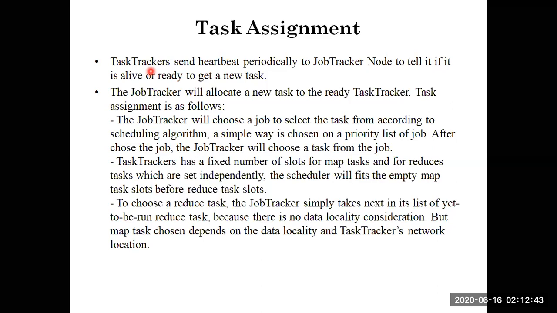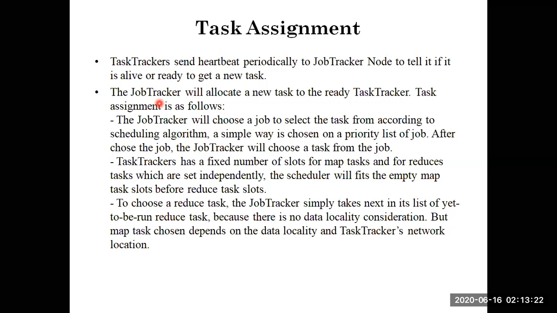Just as our heartbeat tells whether we are alive or not, similarly, to know whether the node or the task is alive, it sends information called a heartbeat. So the heartbeat tells the job tracker that a task tracker is alive or dead or ready to get a new task. That is the meaning of heartbeat. And the job tracker will assign a new task to the ready task tracker.